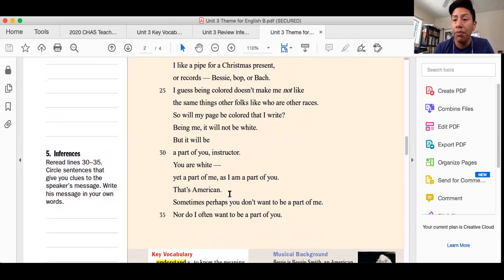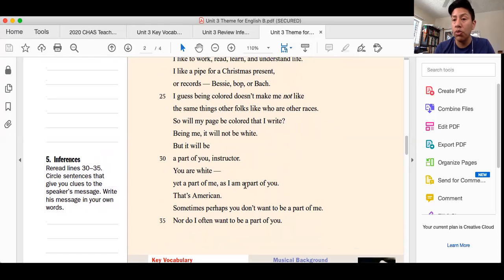Okay. So there are a lot of places where you can make inferences, where you can guess what is going on in his mind, in his heart, and maybe in his surrounding. So for this week, you can reread the poem, and you will also be able to answer some questions about the question, do we find or do we create our true selves? Okay, of course, email me if you have any questions.